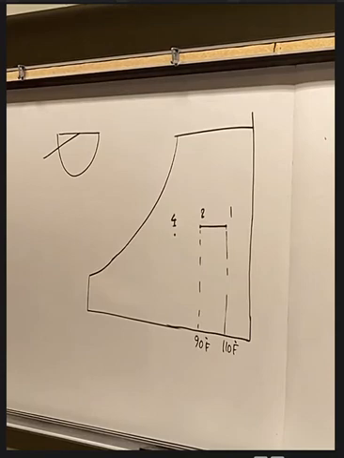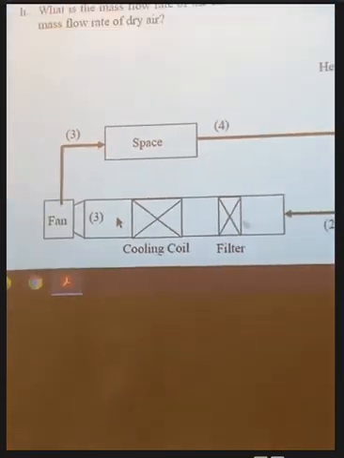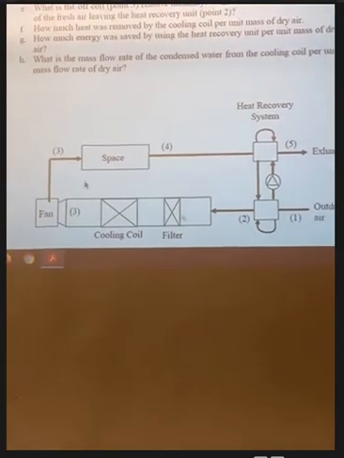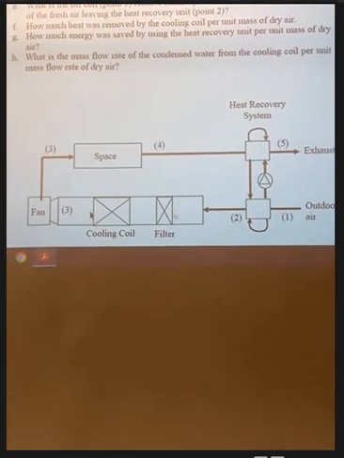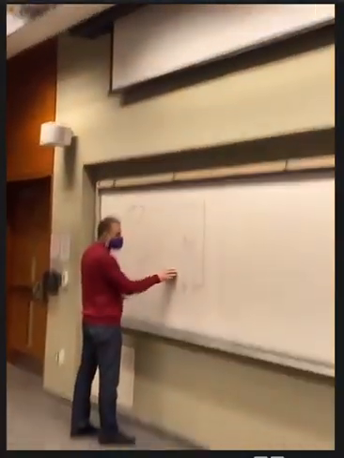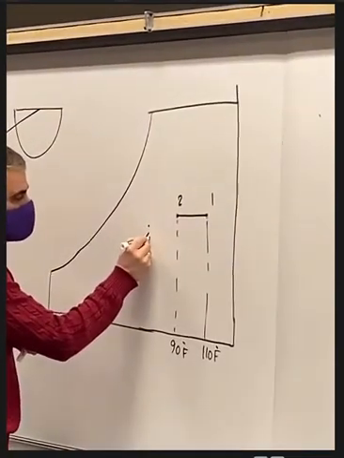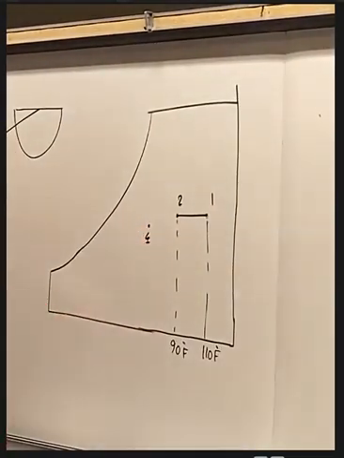So after the air leaves the heat recovery, it goes through a filter and goes through the cooling coil. So the surface temperature of the cooling coil is equal to 50 Fahrenheit, and the air will be supplied to the space at 60 Fahrenheit. So now,